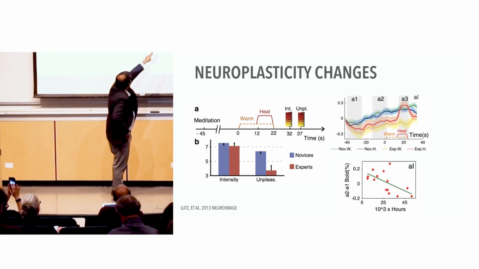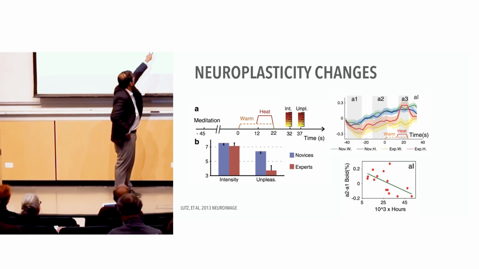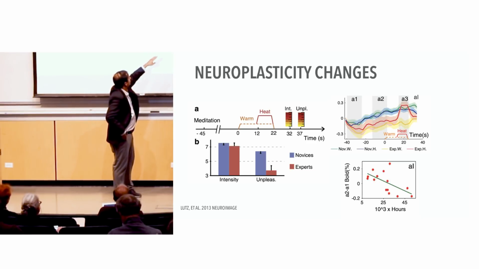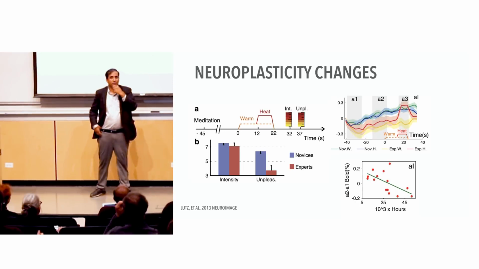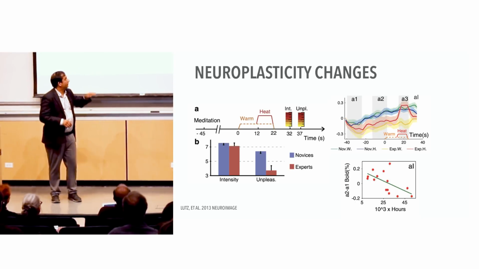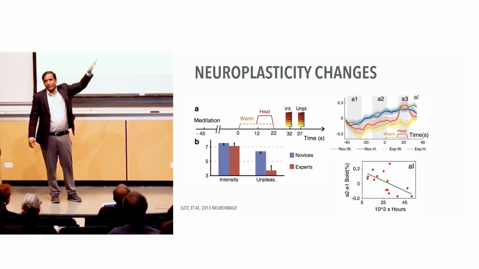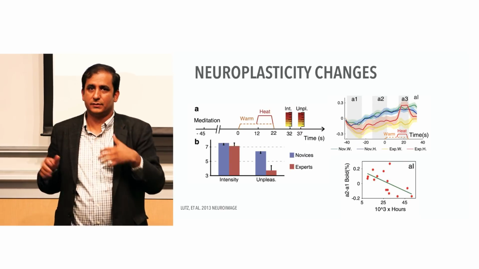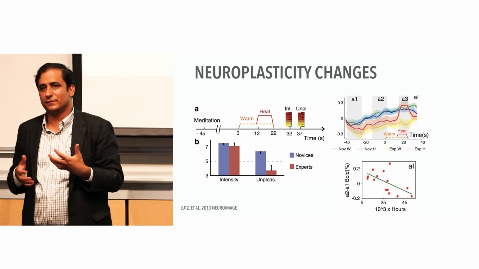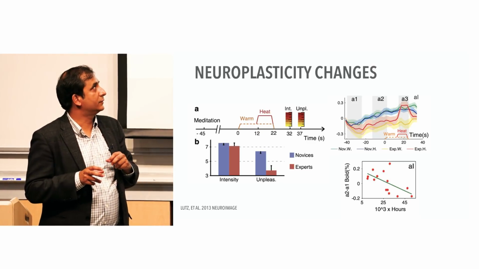A2 is when they are anticipating the signal. A3 is when they actually get the signal. The green and blue lines are the novices. W means when they got just a warm and no heat signal, and H means when they actually got the intense pain signal. If we look at the top two lines, the blue and green, novices were all the way up there, anticipating, activating this area of the brain which measures the interoceptive signals, and having a huge, perhaps unpleasant response.